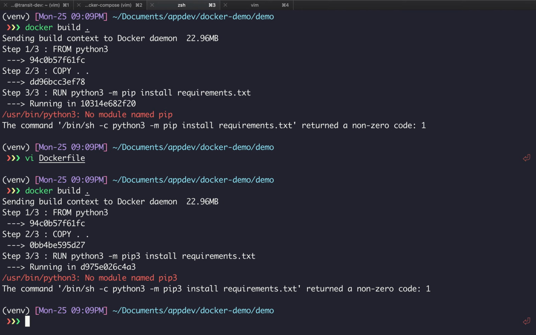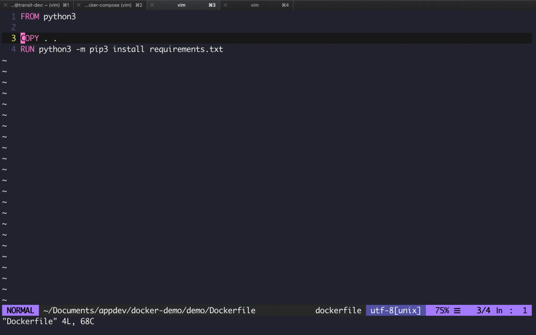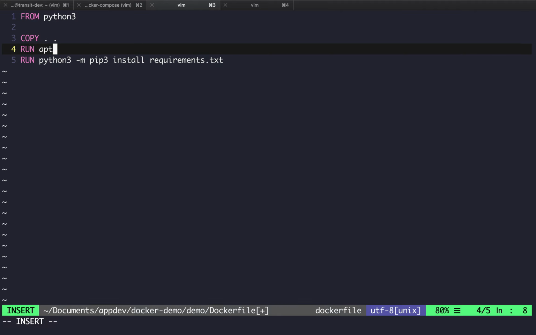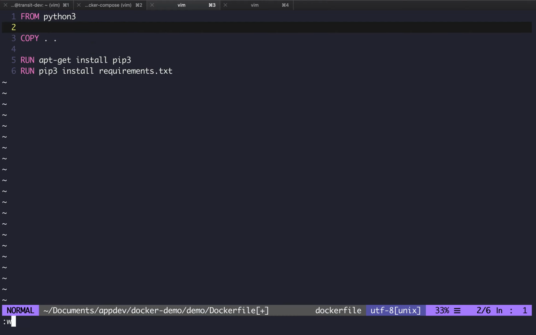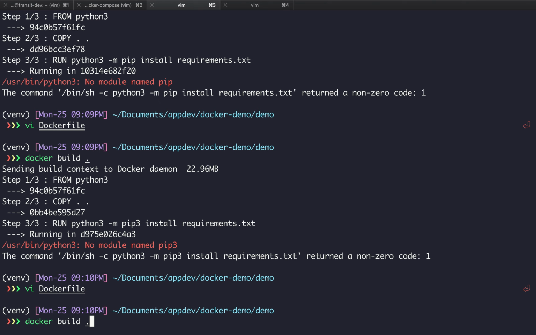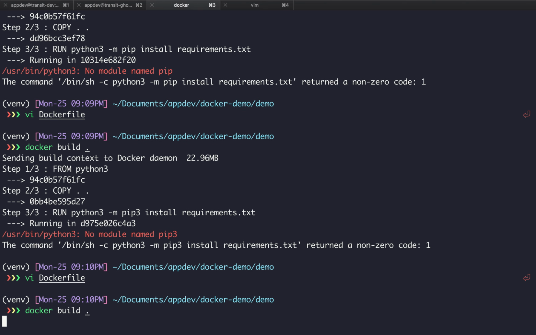Okay, I'll just install pip actually. If I go into my Docker file, I added apt-get install. This would be a mistake if I didn't put the -y, so I'm going to do that, and I'm going to rebuild my image.